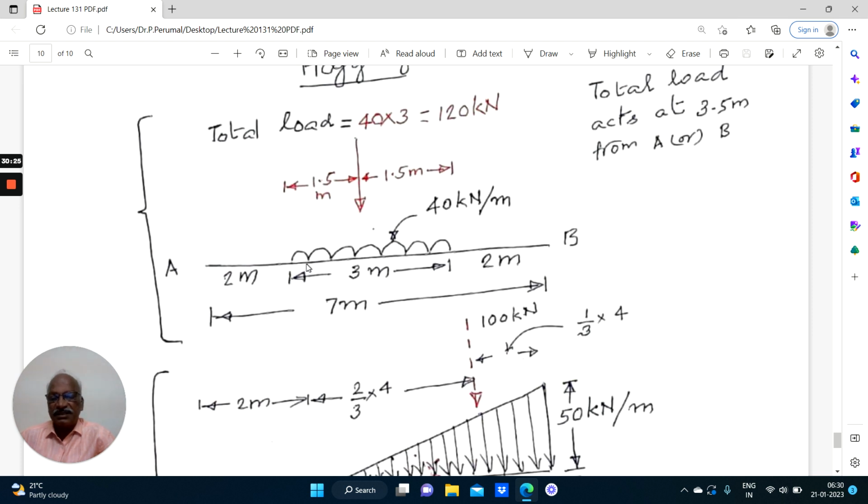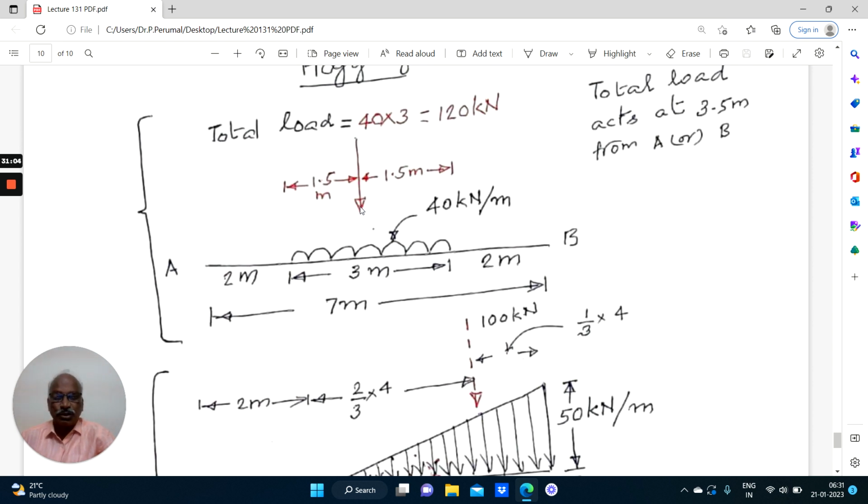Suppose if a structure is subjected to uniformly distributed load, right? Now, the total load will be considered to act at the center of gravity of this. This is the given load, 40 kN per meter, acting over a length of 3 meters. So 40 kN per meter into 3 meters equal to 120 kilonewton. So total load equal to 40 into 3, 120. So 120 kilonewton is assumed to act at the center of the load, center of the UDL,